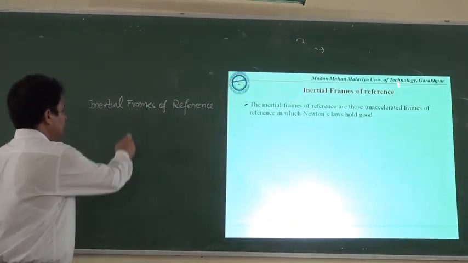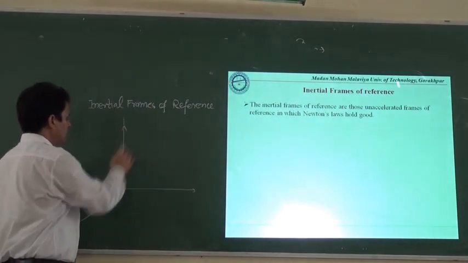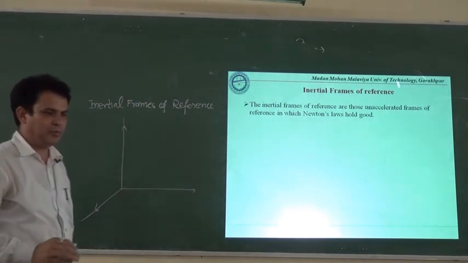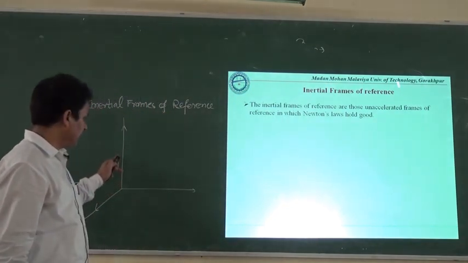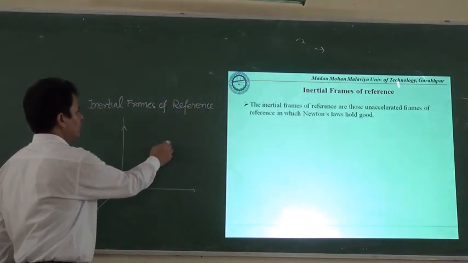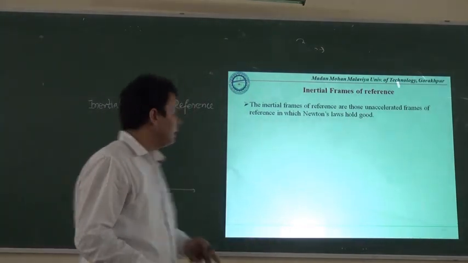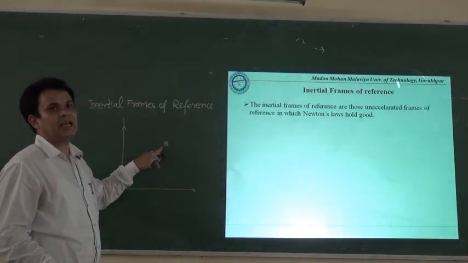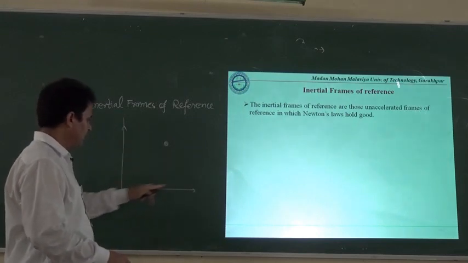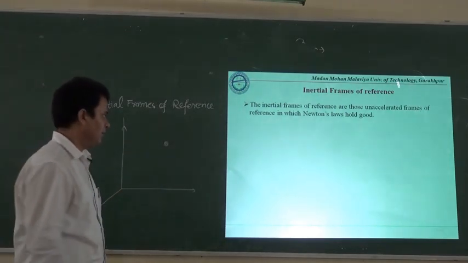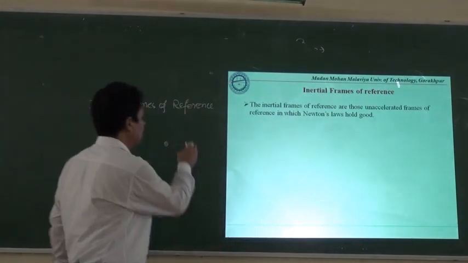So, in order to discuss in a better way, let us consider a frame of reference, for which I have already discussed what should be the characteristic of a frame of reference. That should be attached with a rigid body, and here we are taking this particular point or a particular body. If this body is not experiencing any external force, then this frame of reference will be known as the inertial frame of reference. Meaning that if there is no force on a body, then this F will be